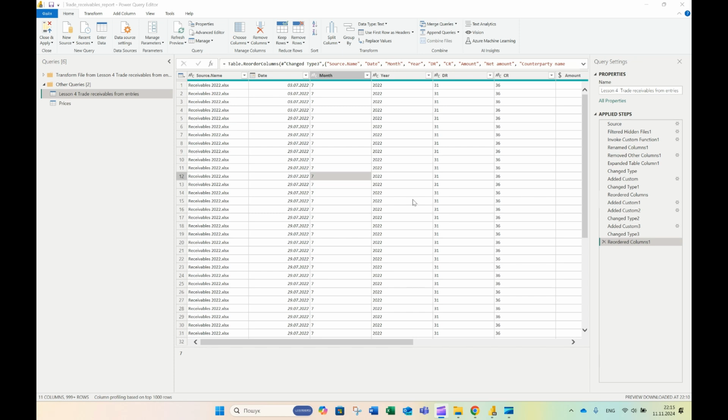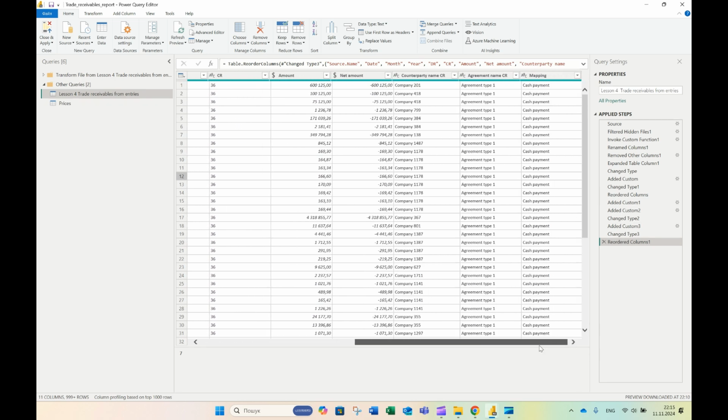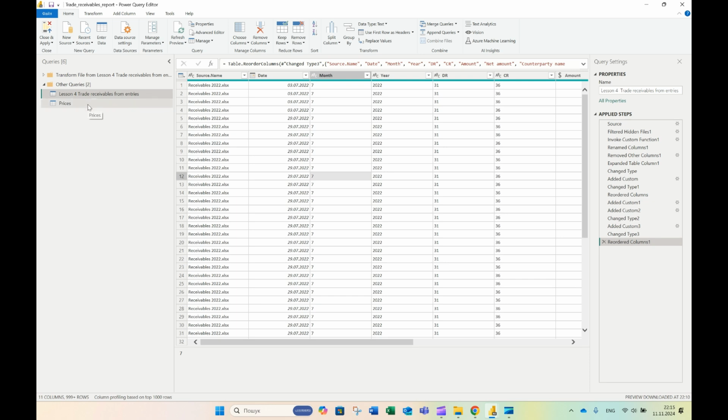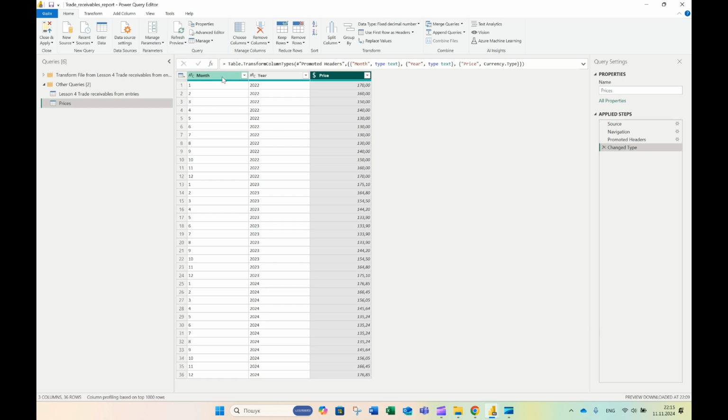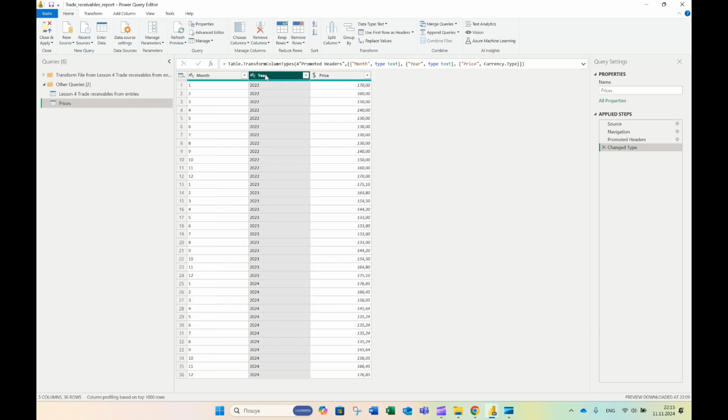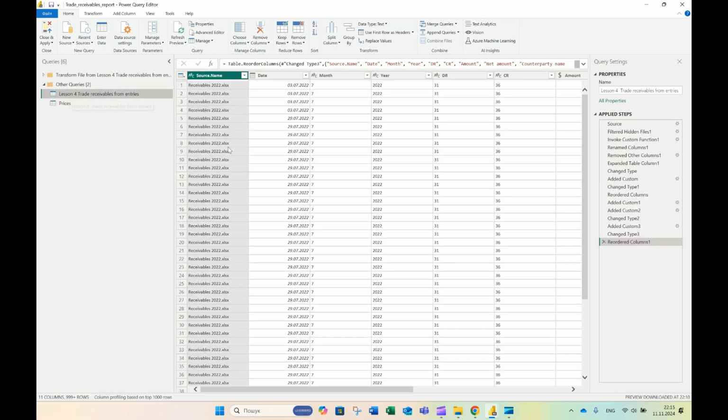Hello guys, today I will show you how to merge data in Power Query. It's a really common function, and what do we have here? We have accounting entries and prices for the single product, with months and year. So we just need to do what, in Excel, is called VLOOKUP